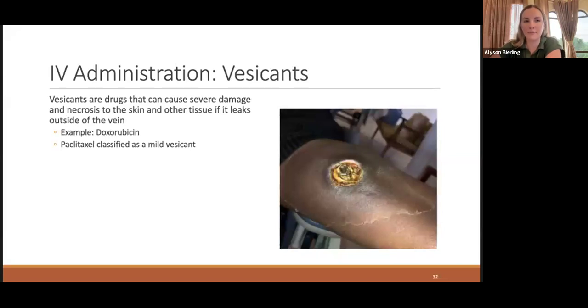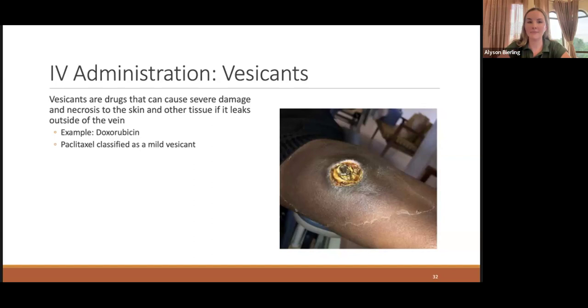I want to spend a bit of time talking about vesicants. Vesicants are drugs that can cause severe damage and necrosis to the skin and other tissues if they leak outside of the vein. We know that there are certain chemotherapies that are classified as vesicants. One really common example is doxorubicin. So doxorubicin is a vesicant. If the doxorubicin is administered or leaks outside of the vein, it can cause really severe tissue